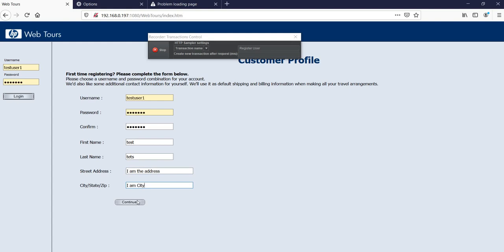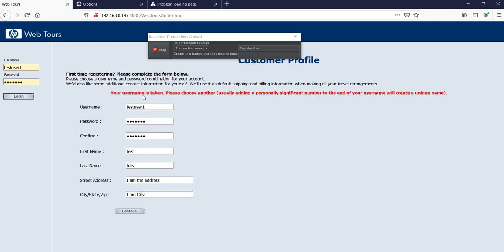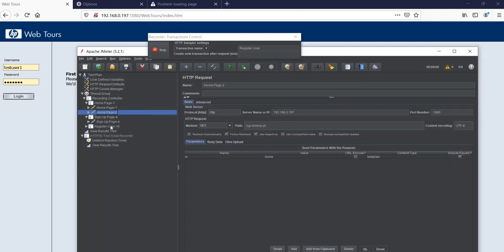So I am just clicking on continue. So username, it says username is already taken. So this is an error which also got recorded.